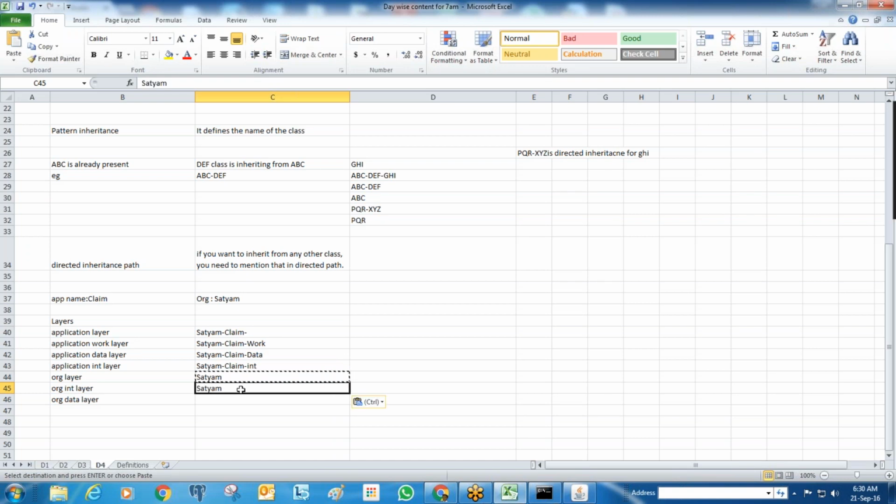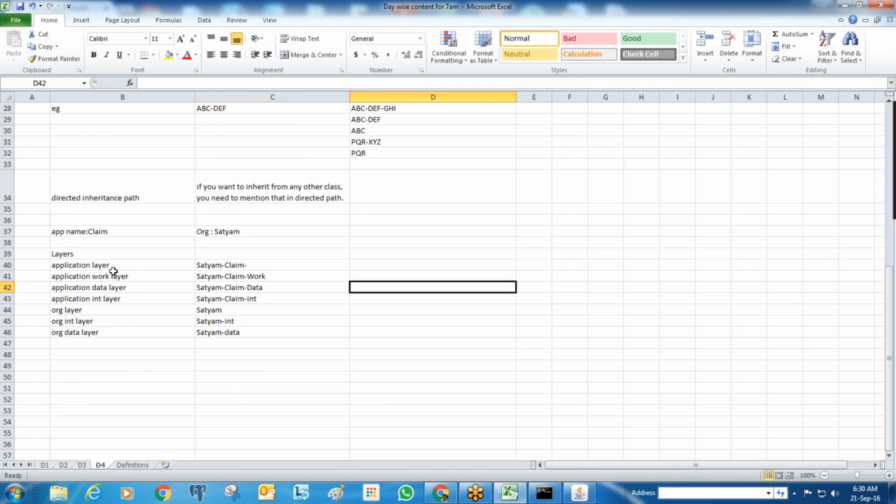And this is the organization layer, this is the organization integration layer, and this is the organization data layer. If you see, these are just class names. The layer is nothing but a class structure.